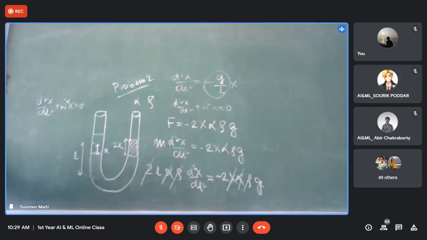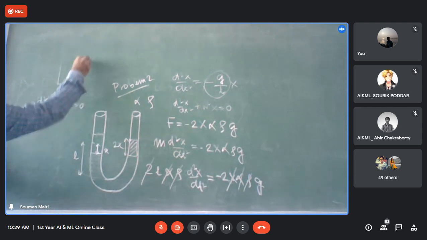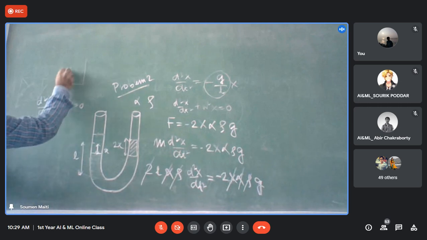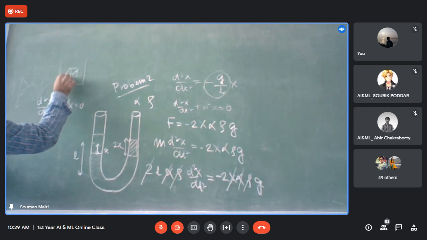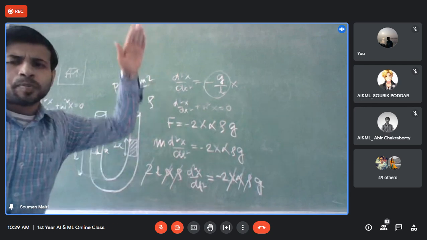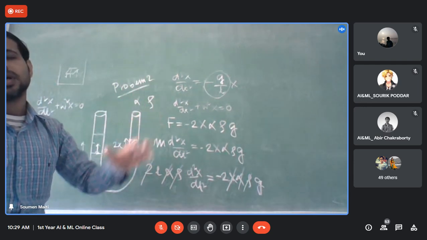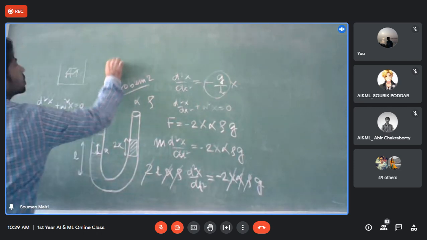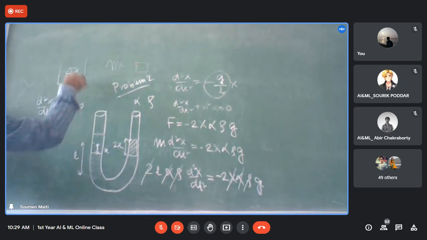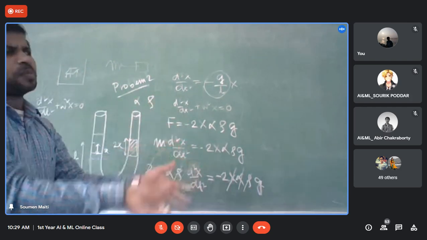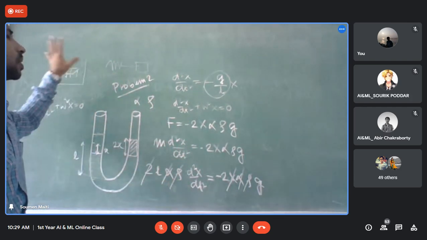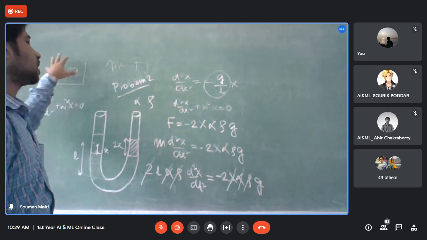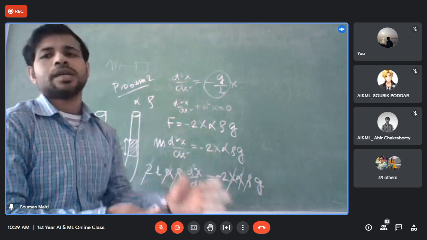See, this is one problem. You can go for multiple problems. Say this is a water tank. Inside this, a small cube is floating, like a sponge or cube. If you press this one and release it, then you can check that that is also SHM. You can go for the spring balance. Go for this kind of sums. I think it is everywhere in the book, or you can take this kind of sums from the internet and check whether you can achieve this kind of form or not. That is, you have to prove whether everything is showing SHM or not.